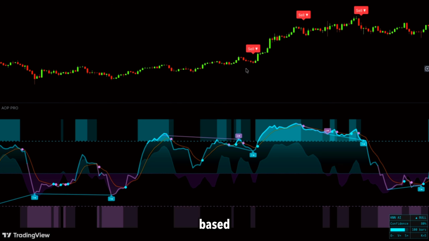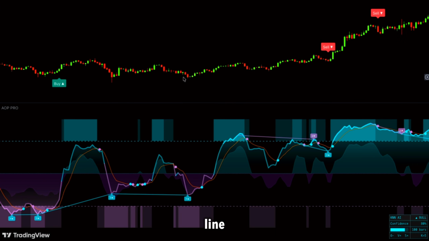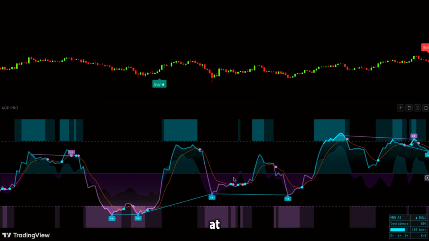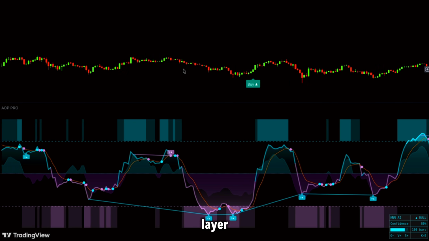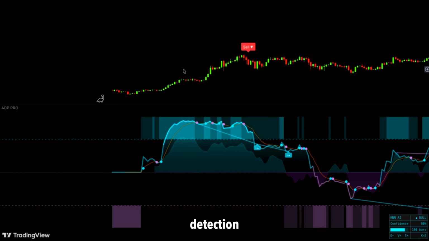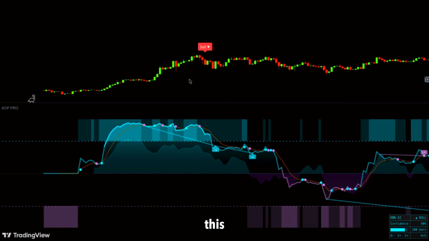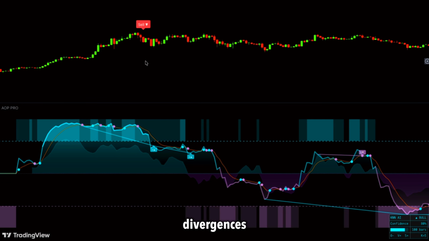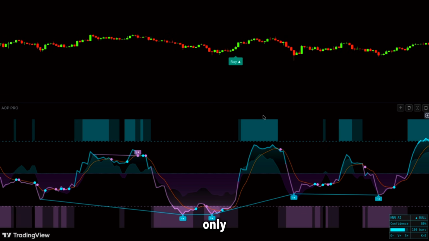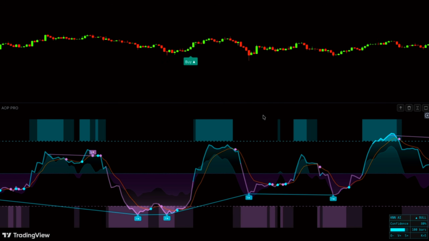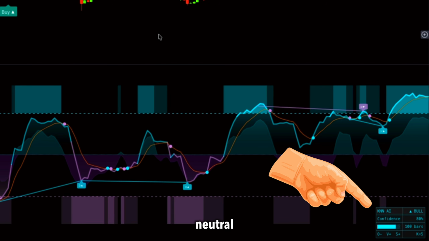From 0 to 3 based on oscillator position, signal line relationship, and volume pressure. At tops, the score drops from 3 to 1 even while price rallies. At bottoms, it climbs from 0 to 2 even while price falls. Layer 4 is divergence detection with the smart divergence filter. This eliminates about 70% of false divergences by checking minimum oscillator swing, minimum price swing percentage, and volume pressure confirmation. Only high-quality divergences pass. Layer 5 is the K&N machine learning bias panel displaying bull, bear, or neutral with confidence